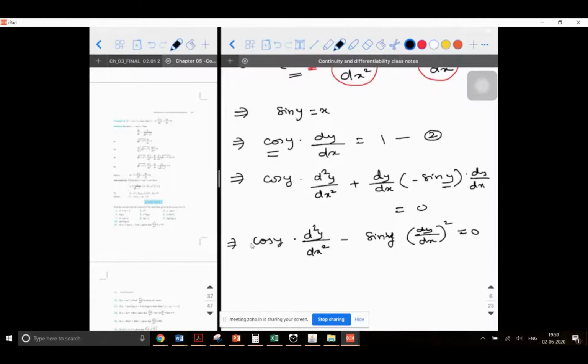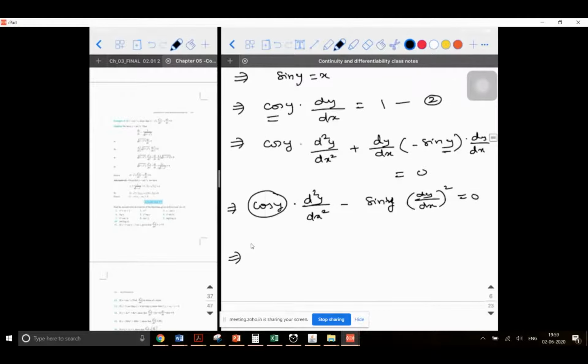Okay, so you're planning, you can write cos y as? Cos y, we can write it as root of 1 minus sin square y. Am I right? So this can be written as root of 1 minus sin square y